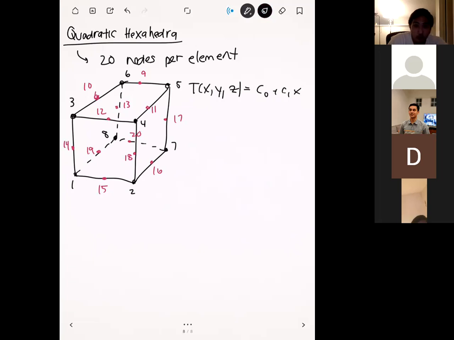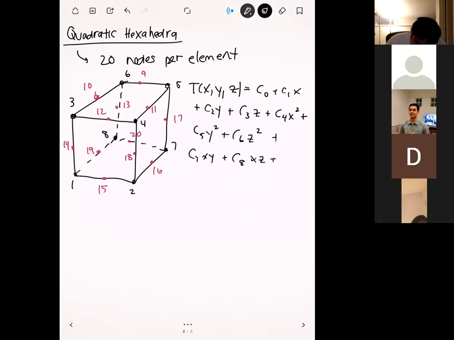Right, so first we have C0 plus C1x plus C2y plus C3z plus C4x squared plus C5y squared plus C6z squared, right? Then we have all the first order cross terms, and so we have C7xy plus C8xz plus C9yz, okay,